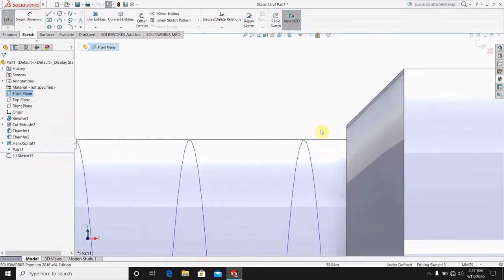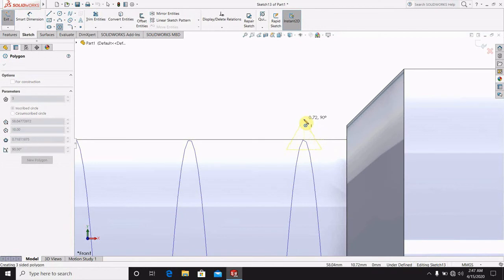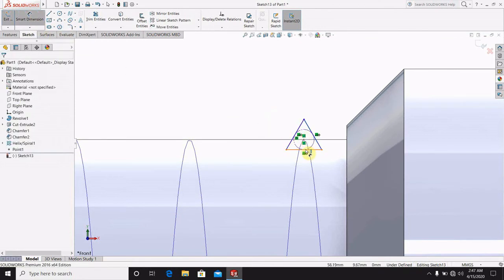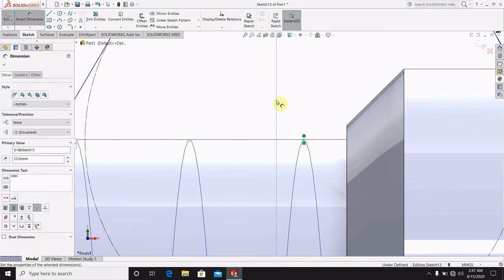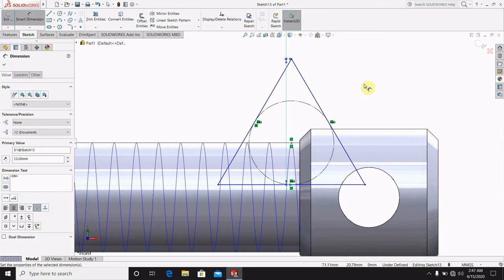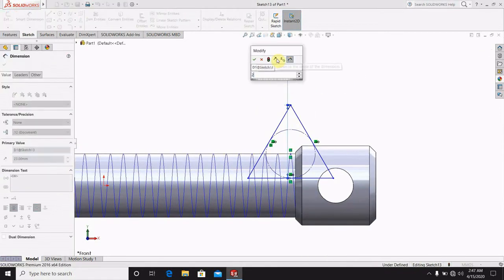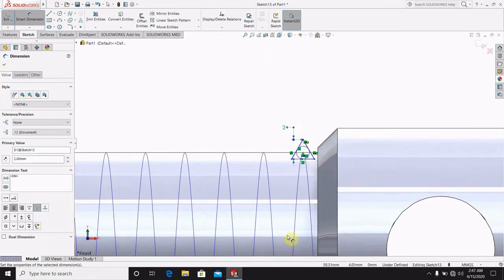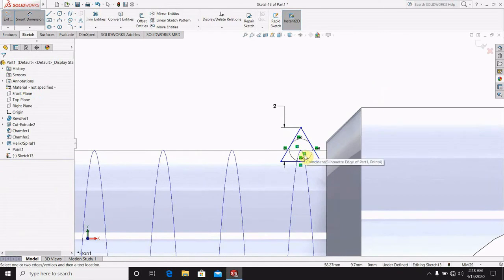and just create one triangle here. The length of the triangle will be 2. I am drawing. Just give the length 2 and exit from sketch